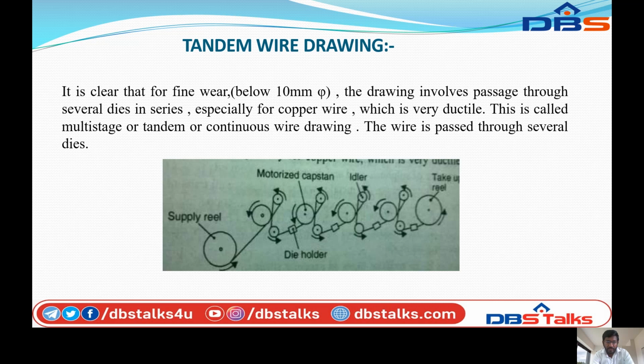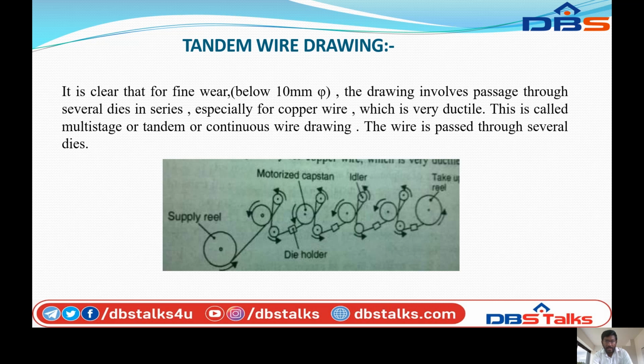So the wire will be passing through the several dies. So these are the die holders. The dies, motorized capstan and idler, take up reel, supply reel. So when the reel is supplied from the supply reel, it passes through the idler, and with the help of the motorized capstan, the idler will pull it through another idler. The two idlers will support it to the die holder. Then coming to the motorized idler,